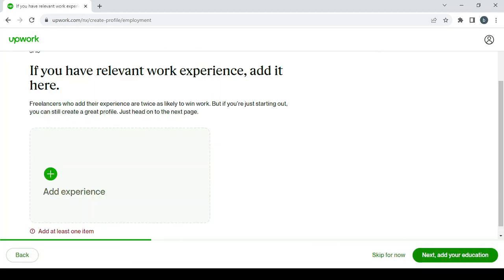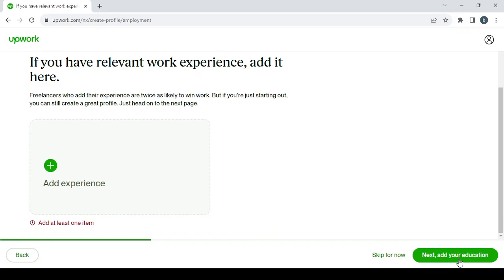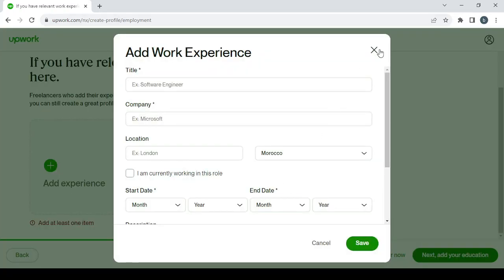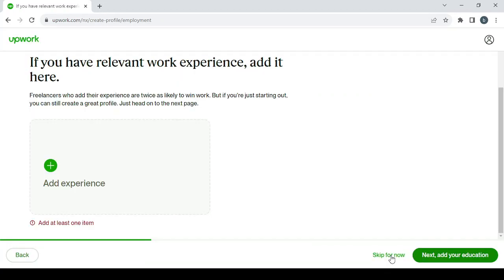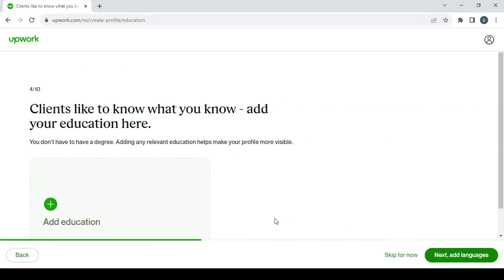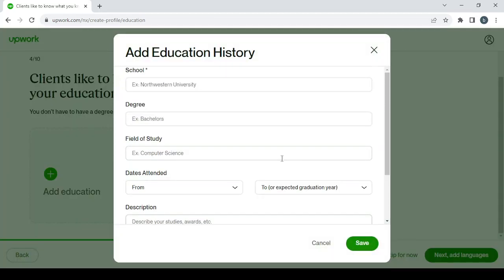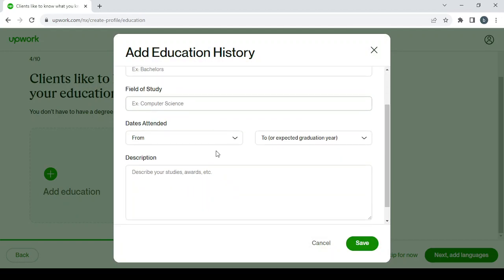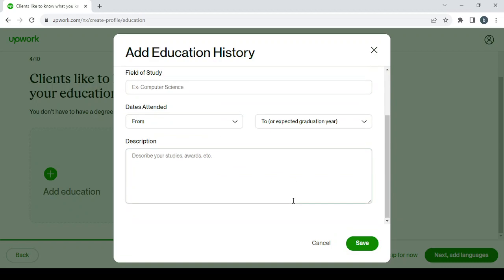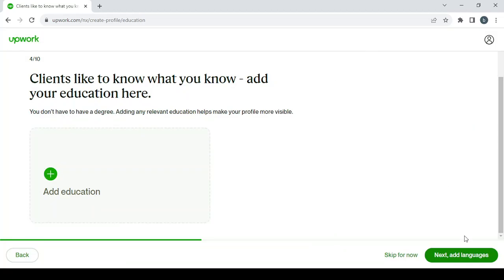Then you do the same as well with the education. Let's click on next. So here we'll need to click on skip for now, and you will proceed to education. Here you can do the same as well. Just click here, add the education information like the school, degree, field of study, dates attended, description, and then you